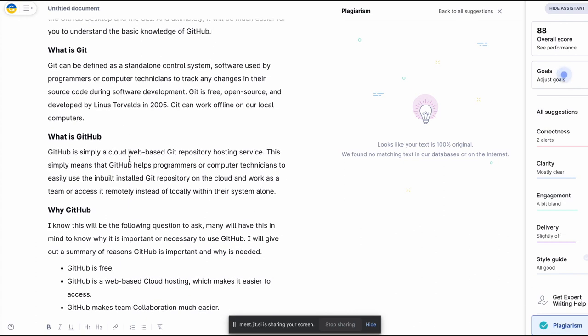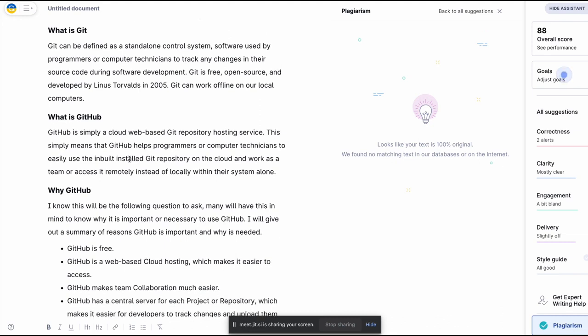Now, what is GitHub? GitHub is simply a cloud web-based Git repository hosting service. This for me is a no-no. It's correct. The definition is correct. But coming from a beginner's point of view, this is too big for me to understand.